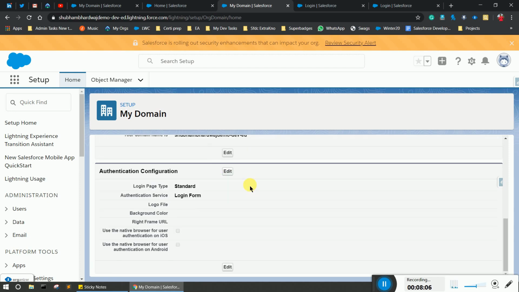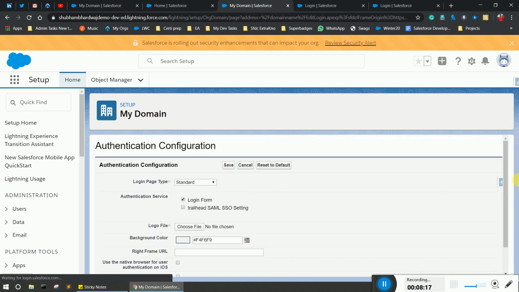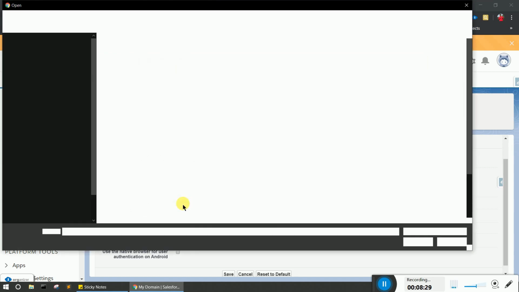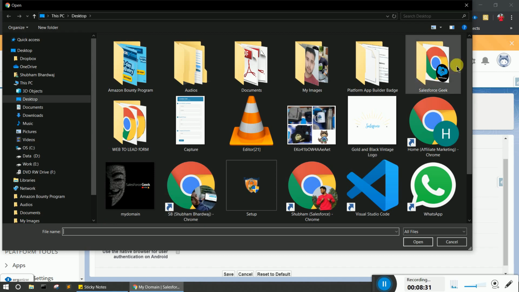After that we have to customize the authentication configuration. So let's edit it. As you see, currently we have a logo file over there. We are going to choose a logo file. I am going to choose my custom Salesforce Geek logo.